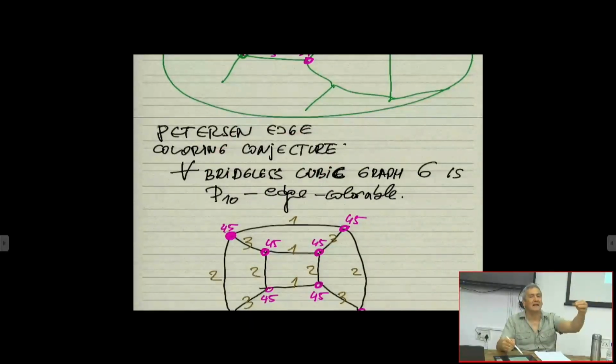Normal coloring is a little bit easier to deal with because we are used to working with colors to color the graph. We are not used to coloring one graph with the edges of another graph. It's a little bit difficult for us to digest this notation. So this is why it's very nice that Jaeger came out with this normal coloring. And this conjecture